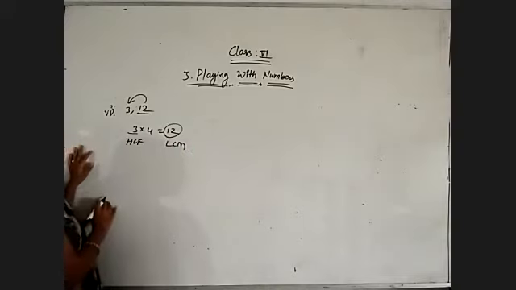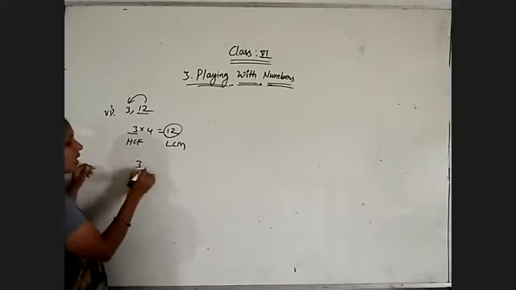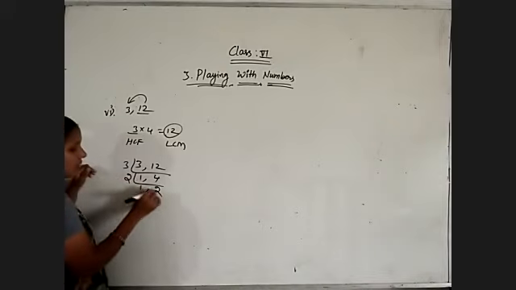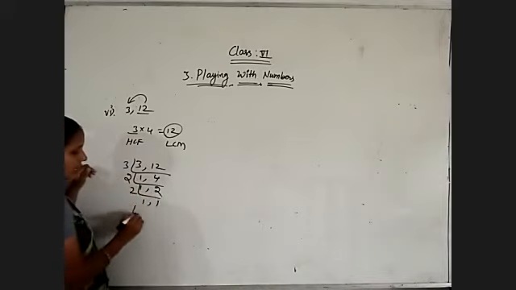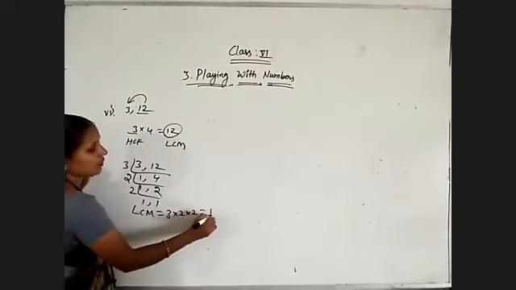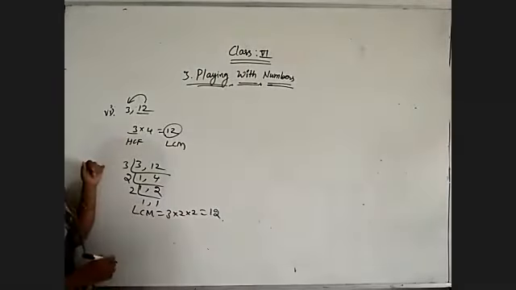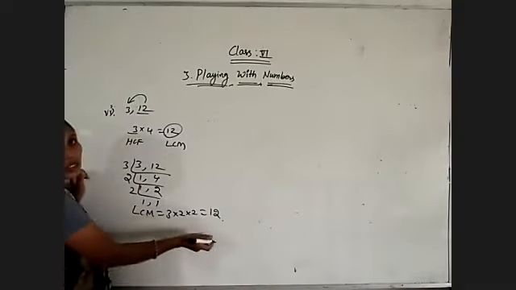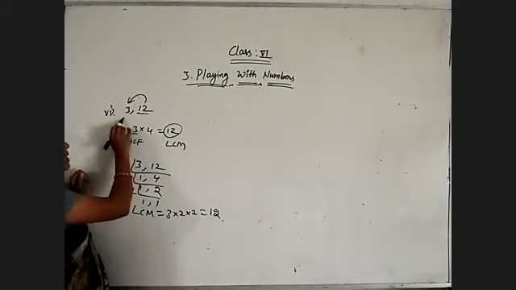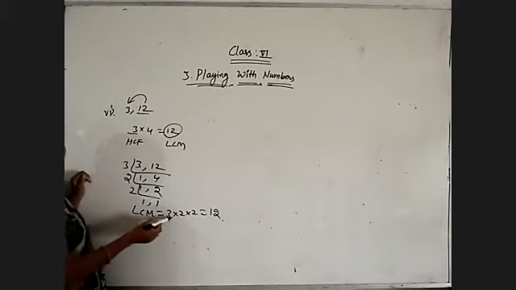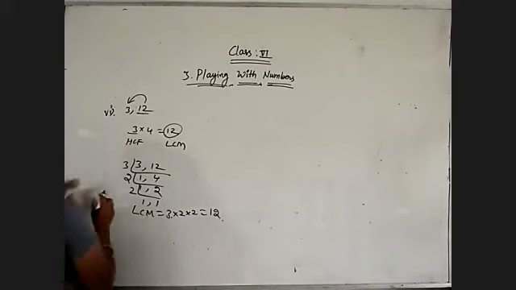Find out for 3 and 12 by the division method. 3 ones are 3, 4 is a composite number, so 2 twos are 4, 2 ones are 2. Now LCM is equal to 3 into 2 into 2, which is equal to 3 fours are 12. Till now we did this question. 3 fours are 12, so 12 is a multiple of 3. That's why we got the LCM of those two numbers as 12. That's what I am telling. Now coming to the next question.